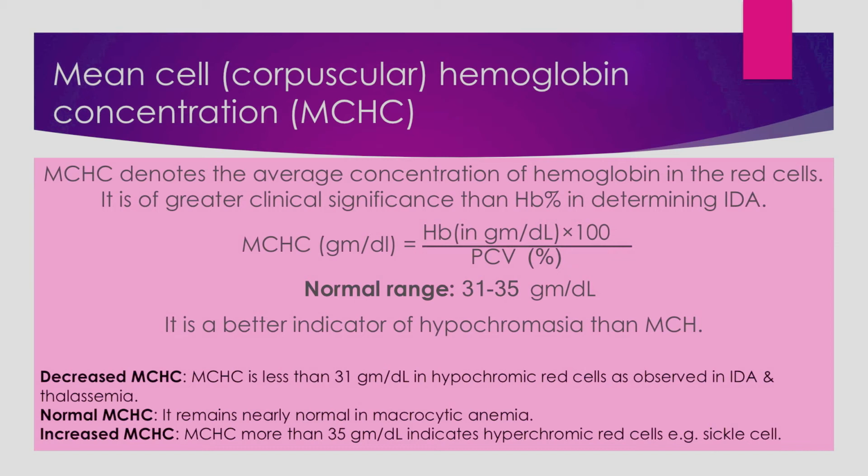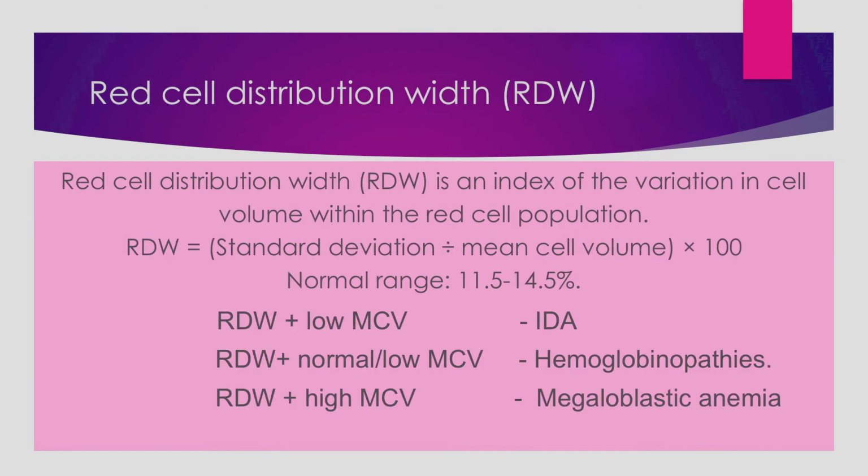Now why is it increased? Because in sickle cell the RBC size is shrunken, it is sickle shaped. So when the RBC size is less and it is packed with more hemoglobin, when we calculate the MCHC levels for sickle cell, it will be more than normal. Because the size has become less and it is packed with more hemoglobin, that is why MCHC levels are going high.